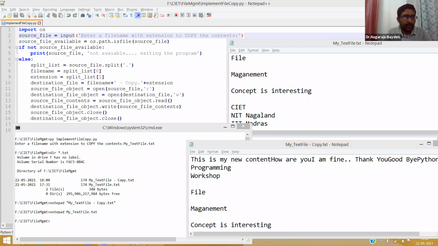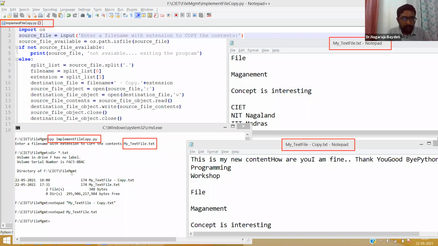So, the implement copy program. This is the source file, mytextfile.txt, and I am executing the program implement file copy.py.